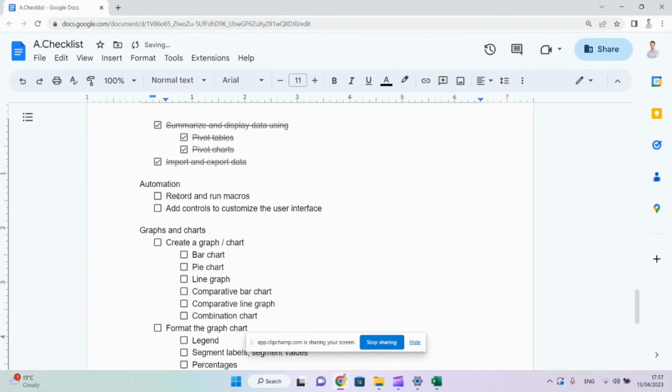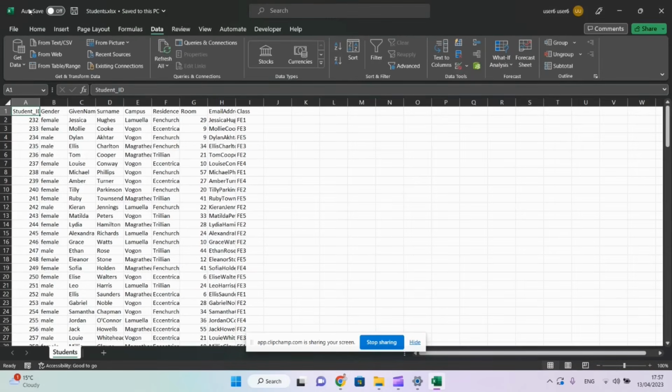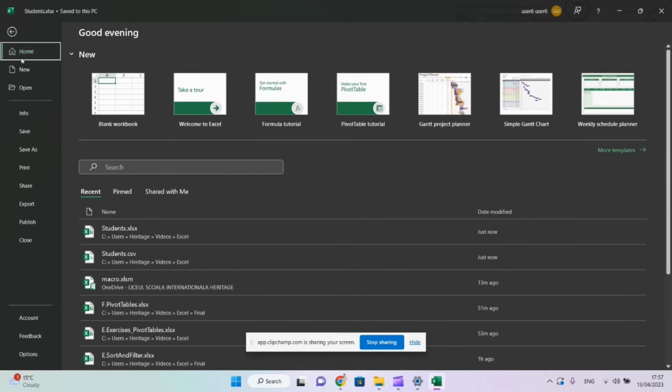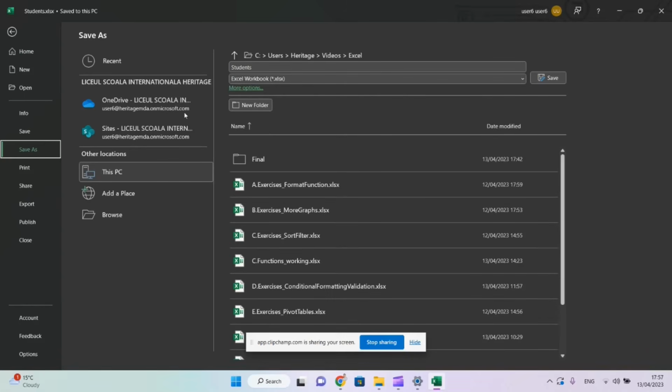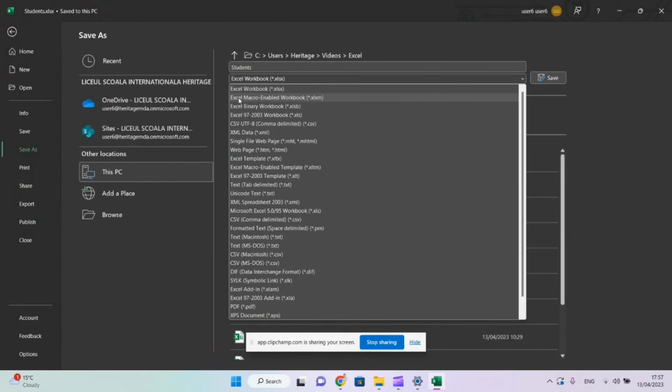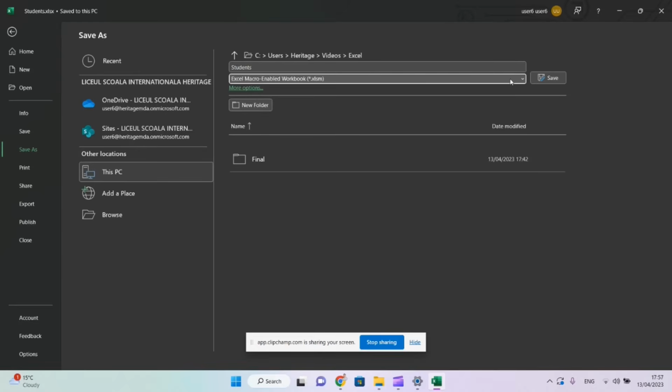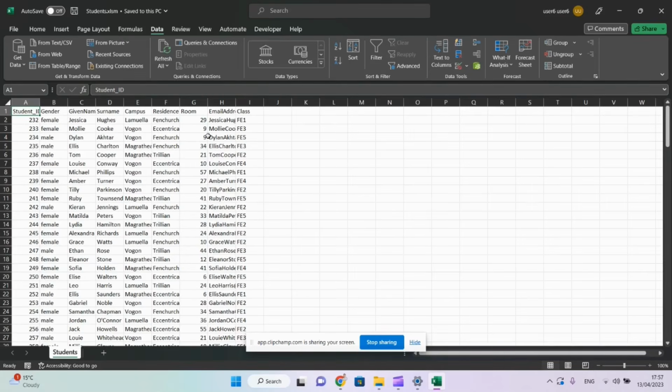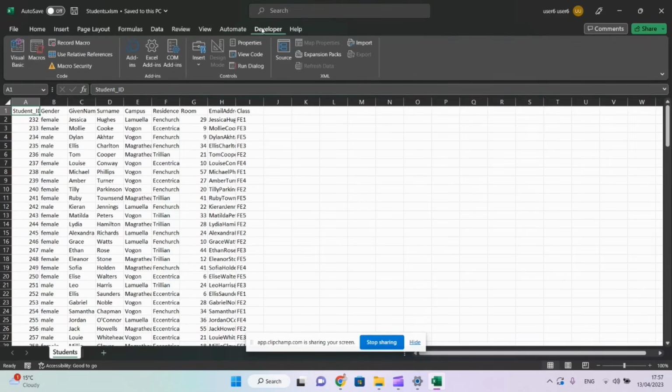Next, let's talk about recording and running macros. In order to record a macro, we first have to save our file as, and we mustn't choose XLSX, but we have to choose a macro-enabled workbook. If we don't do that, our macros won't run when we reload. That's for security reasons. To record a macro, we have to make sure that the developer tab is open, which